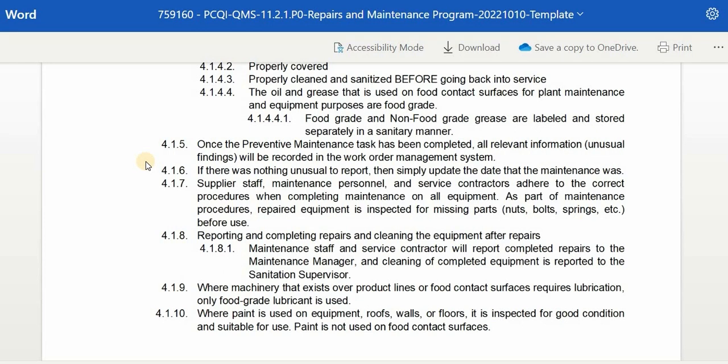Supplier staff, maintenance personnel, and service contractors adhere to the correct procedures when completing maintenance on all equipment. As part of the maintenance procedures, repaired equipment is inspected for missing parts, nuts, bolts, springs, etc. before use. Reporting and completing repairs and cleaning the equipment after repairs: maintenance staff and service contractors will report completed repairs to the maintenance manager, and cleaning of completed equipment is reported